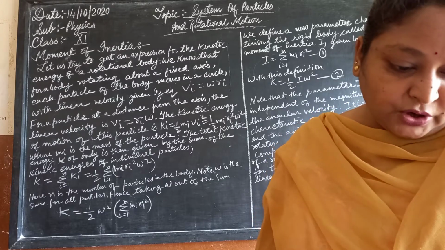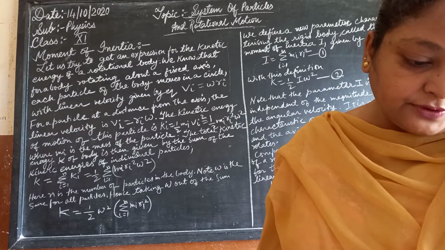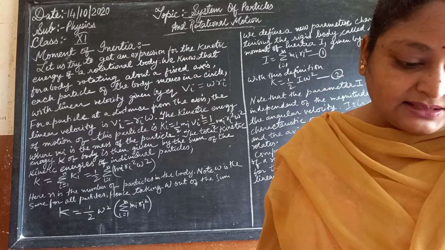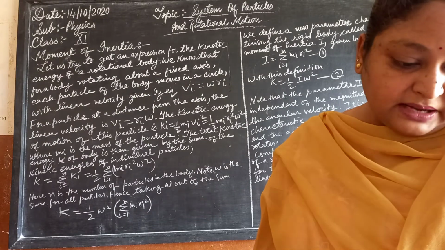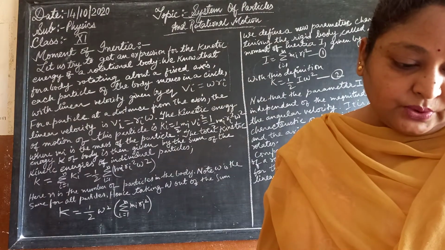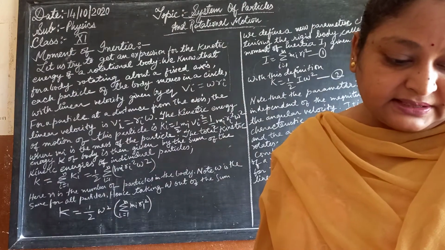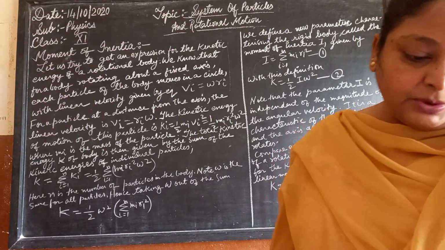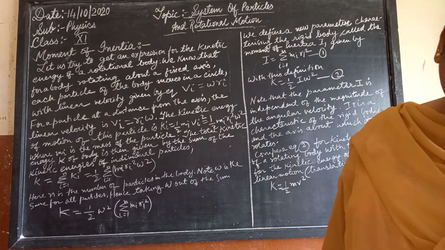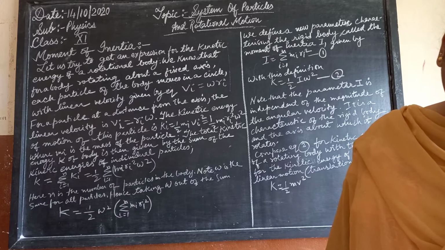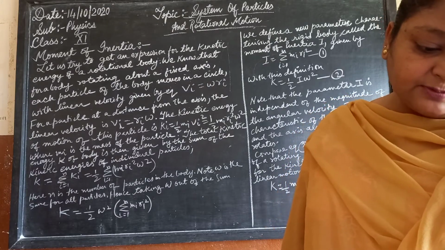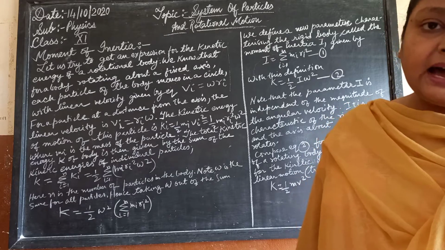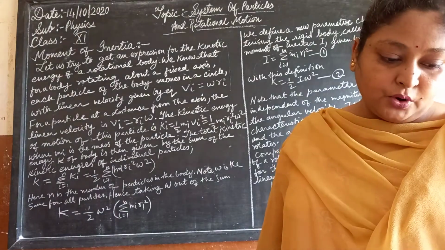Next, take a rigid rod of negligible mass and length L with a pair of small masses, rotating about a fixed axis through the center of mass, perpendicular to the rod. Each mass m by 2 is at distance L by 2 from the axis. So the moment of inertia will be given by m by 2 times L by 2 square plus m by 2 times L by 2 the whole square. Thus, for the pair of masses rotating about the axis through the center of mass perpendicular to the rod, I will be equal to m L square upon 4.